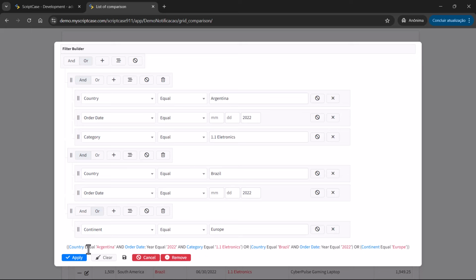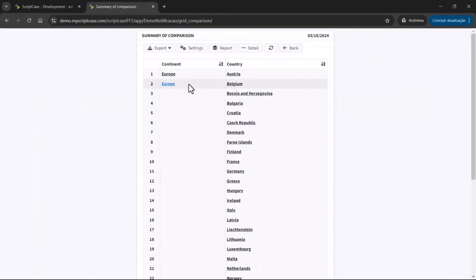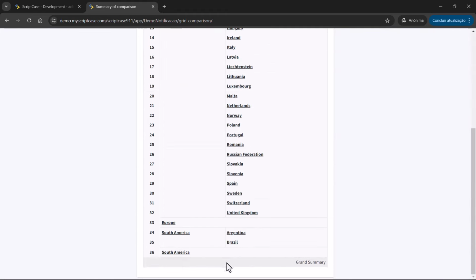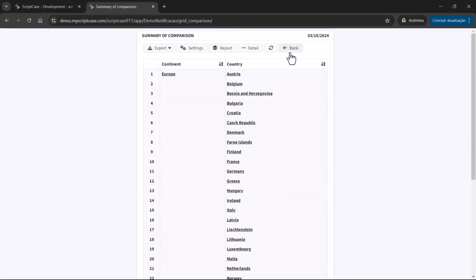Okay, and then we can see that it will be Argentina or the date, category, or Brazil or the date, or continent Europe. Again, let's go to the summary. So now we have all the countries from Europe. Then you have South America, only Brazil and Argentina. Okay, so just a little bit of the power we have